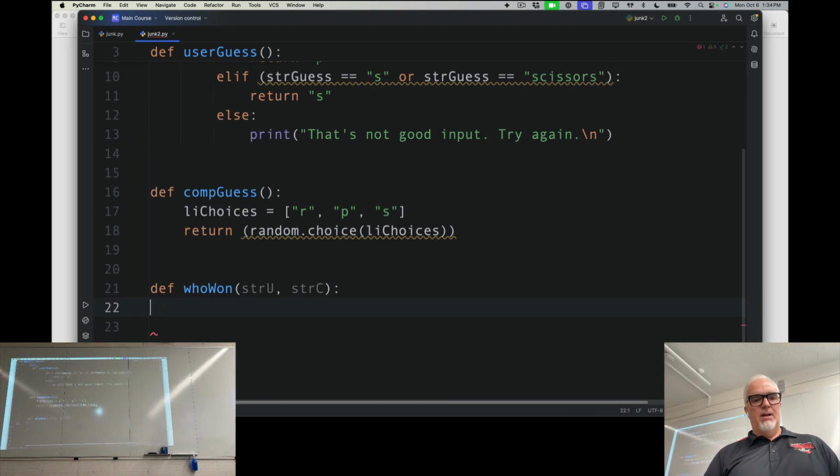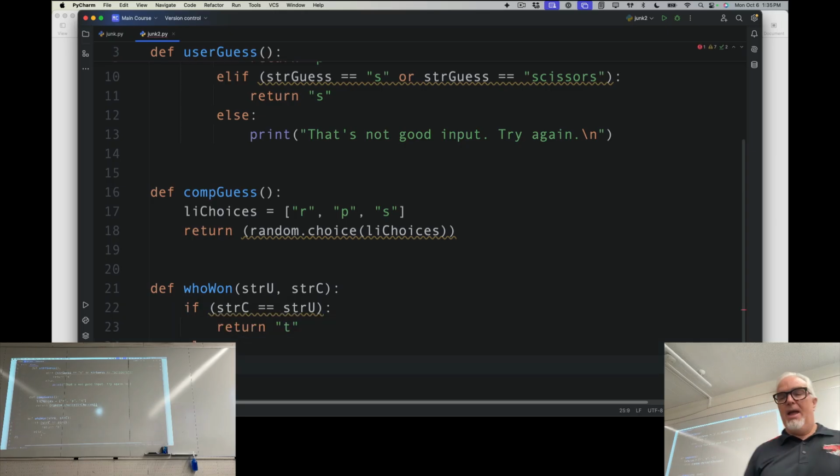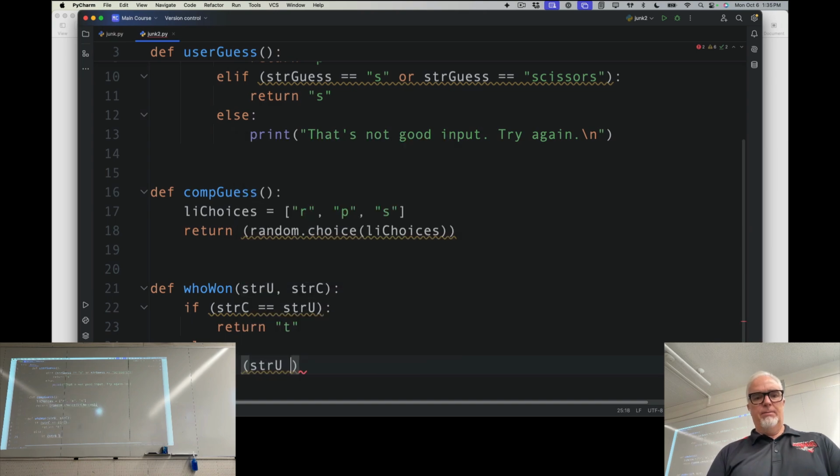So first, let's do this. If strc equals stru, then we return, and I'm just going to return a T for tie. Okay, just a T for tie. Else, in other words, if they're not the same, then we have to start figuring out what's up. Okay, so else, and inside that, I'm going to say if stru equals rock,